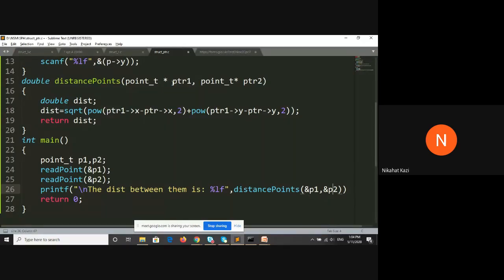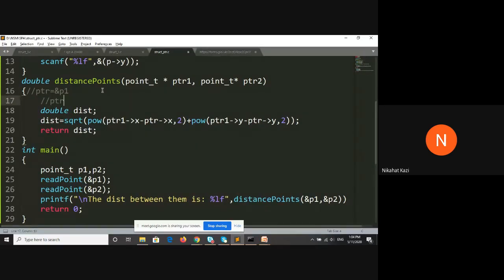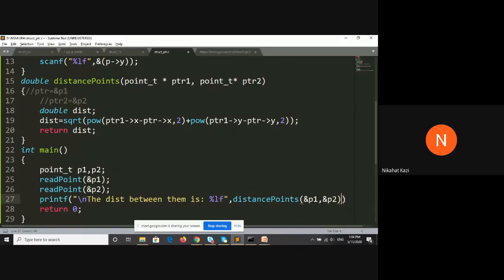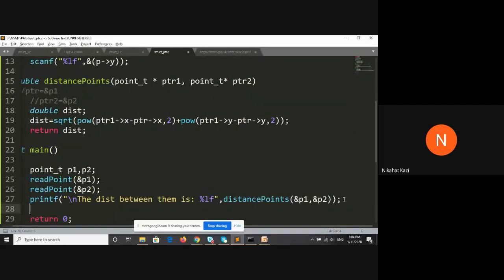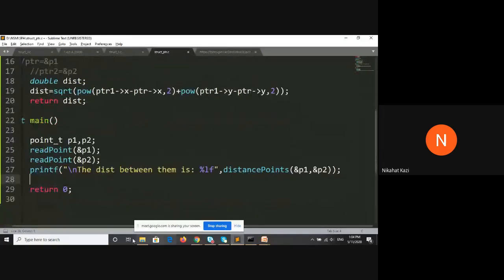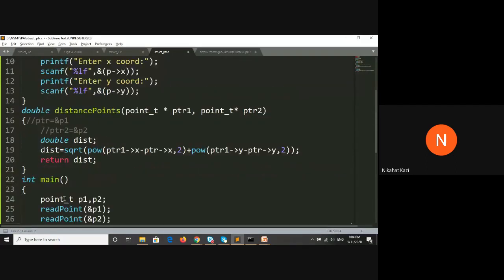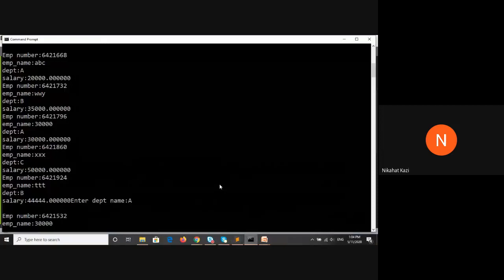So what kind of an assignment takes place? ptr1 will be equal to address of p1 and ptr2 is equal to address of p2. This kind of an assignment will take place. The semicolon. And this ends the program. Okay. So if you run this, the distance between 2 points,